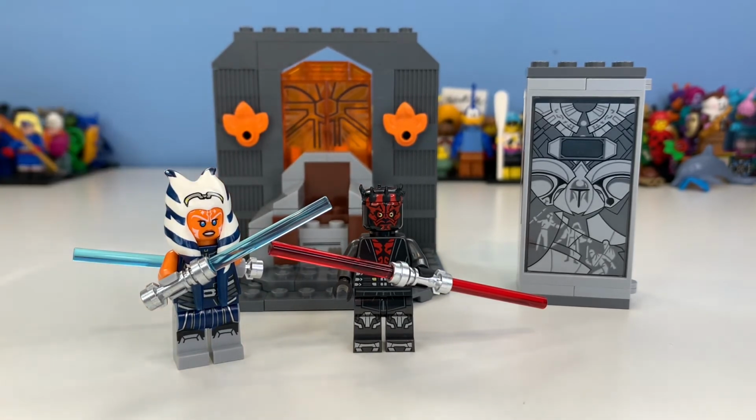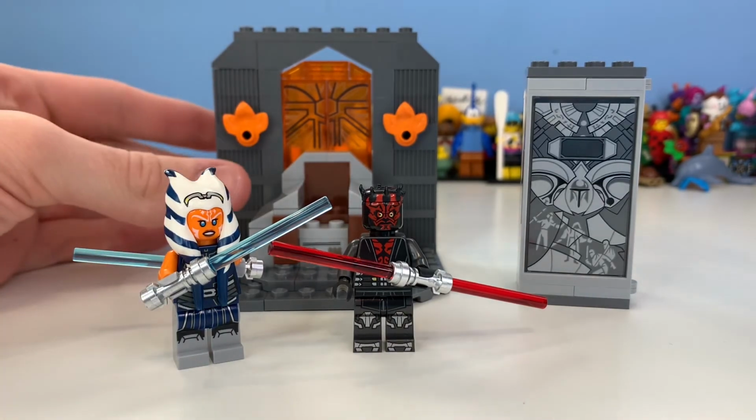I'm really hoping that we'll get that all Mandalore set. I'm really hoping we'll get that in the future. But yeah, I think this set is still a good set for what it is. I think it's great to get at least a bit of it, and it's cool to get the throne